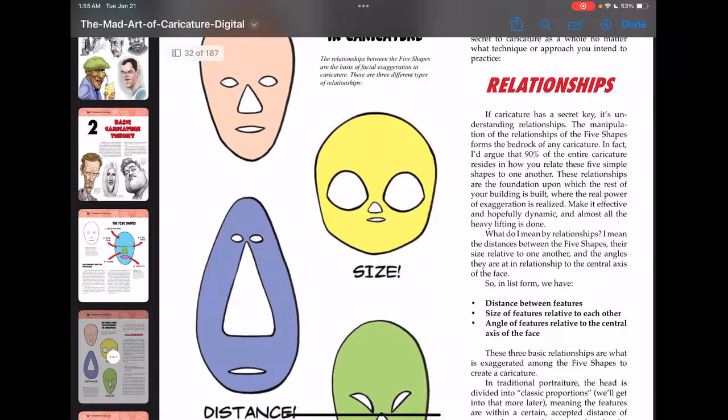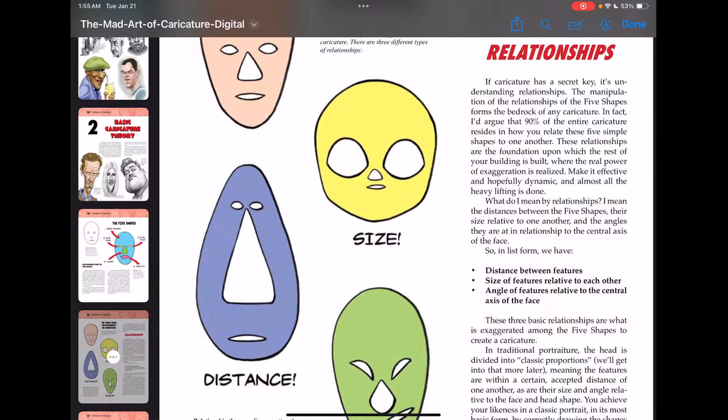Relationships. If caricature has a secret key, it's understanding relationships. The manipulation of the relationships of the five shapes forms the bedrock of any caricature. In fact, I'd argue that 90% of the caricature resides in how you relate these five simple shapes to one another.